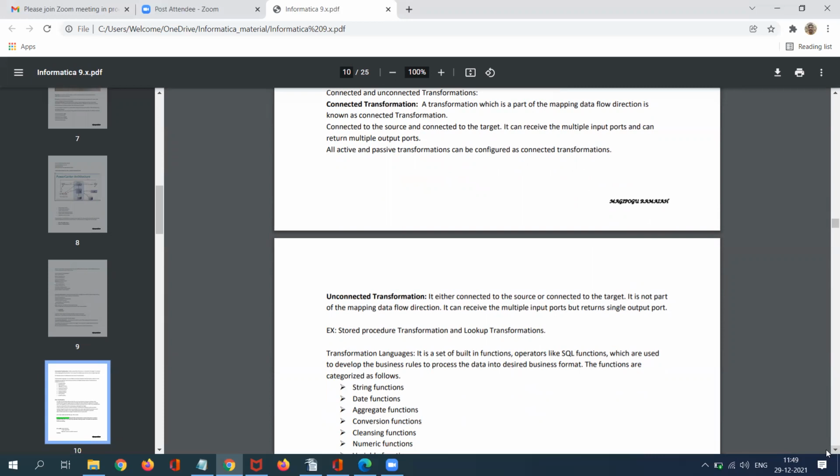If any transformation is not connected, or is not part of the mapping data flow, it is called an unconnected transformation. It is a standalone transformation. It will not connect your source and target or any other transformation; it will not be in the mapping data flow direction. Those kinds of transformations are called unconnected. So based on connectivity, we have two types: connected transformation and unconnected transformation.